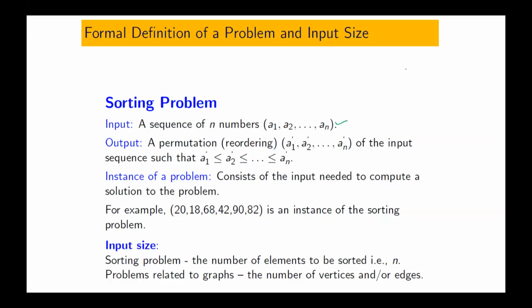For example, we are given a sequence 8, 2, 5, 4, 3, something like this, a sequence of 5 elements. If this is input, what output do we actually expect? Either ascending or descending order. That means we need to rearrange this sequence of 5 elements such that